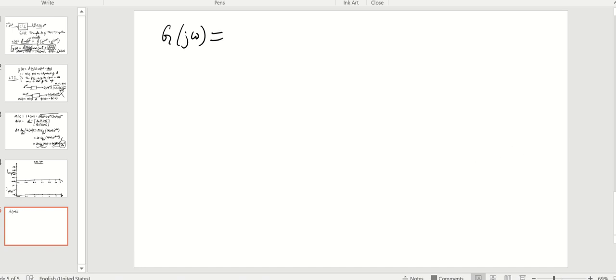So given any transfer function, you always split it up in this form. First you have the k, and then you have something like this: the product for i equal to 1 to m1 of (1 plus j omega tau zi)